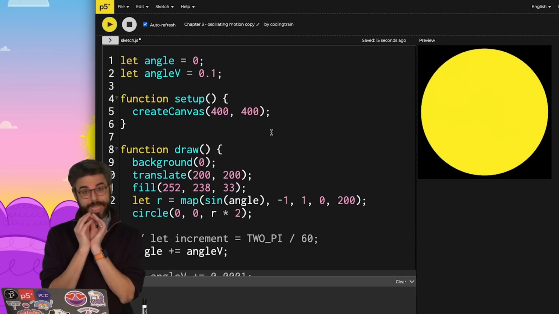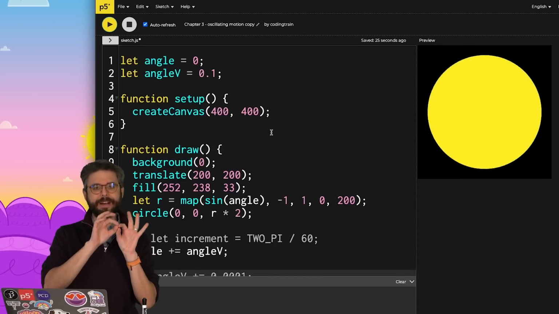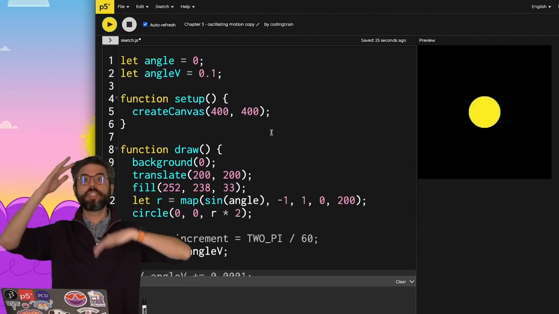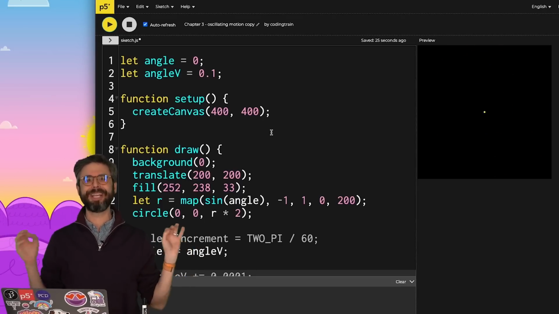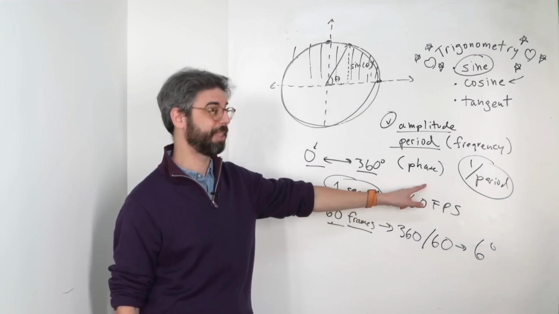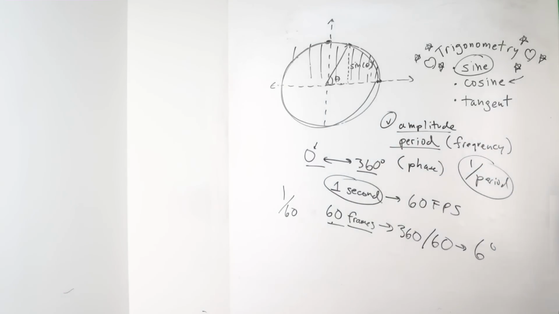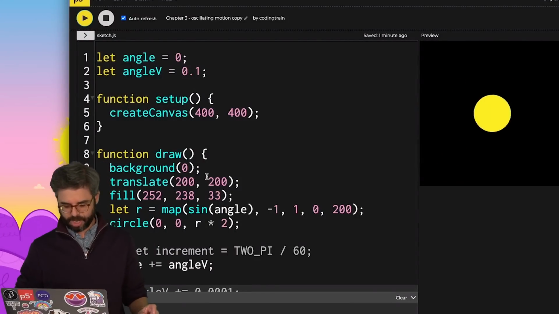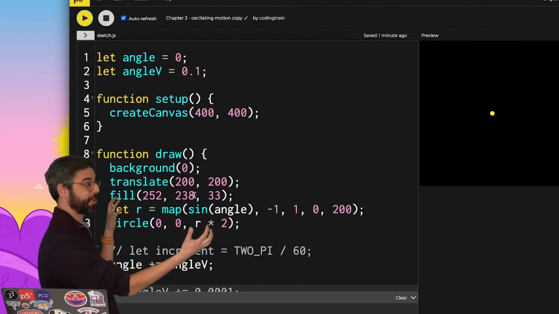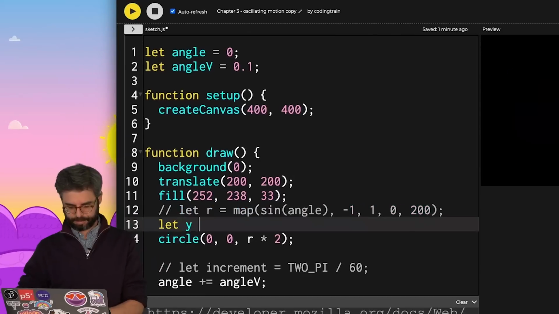The next example that I want to demonstrate is to look at how you might actually graph the full wave itself. How might you visualize an undulating, oscillating wave pattern in p5? This, in many ways, is where the idea of phase comes in. So to do that, I want to make some adjustments to this example here before I go on to the next video, where instead of mapping the size of this particular circle, I want to map its y position. Let's take a look at that.